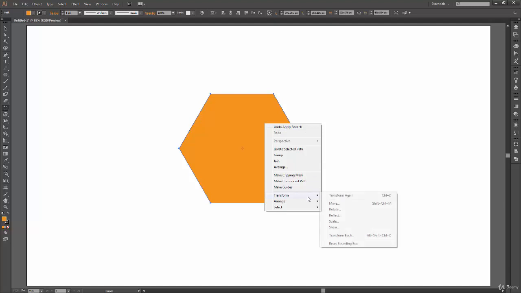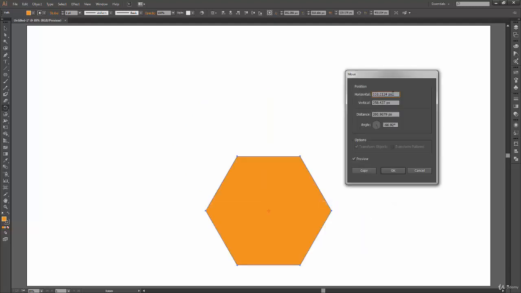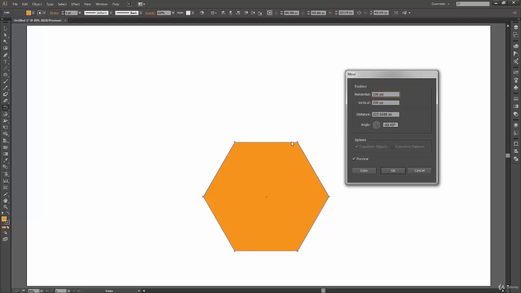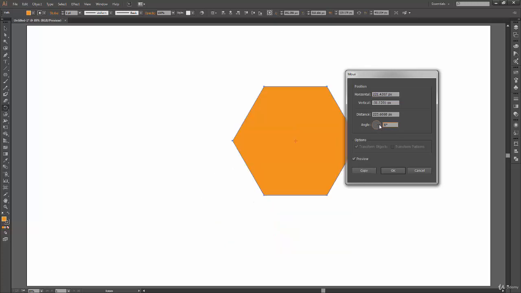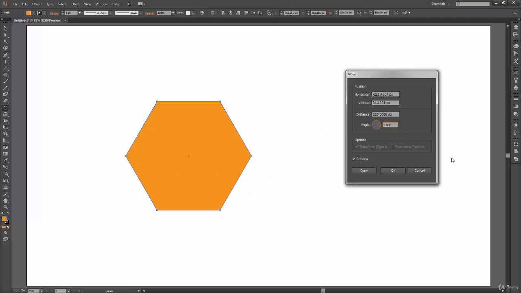So right now, click on move, and I will say move it 100 pixels horizontally and 200 pixels on the vertical axis. It is calculating the distance I have moved, and you can even decide the angle at which you want to move it.